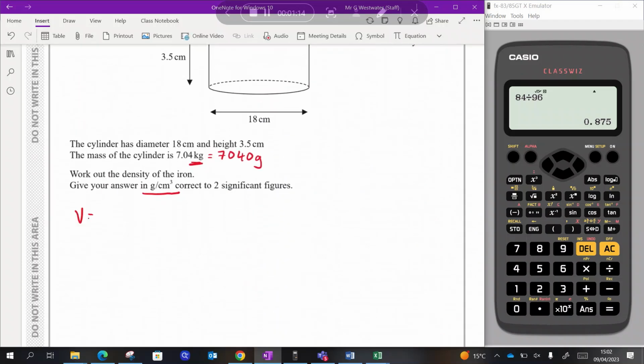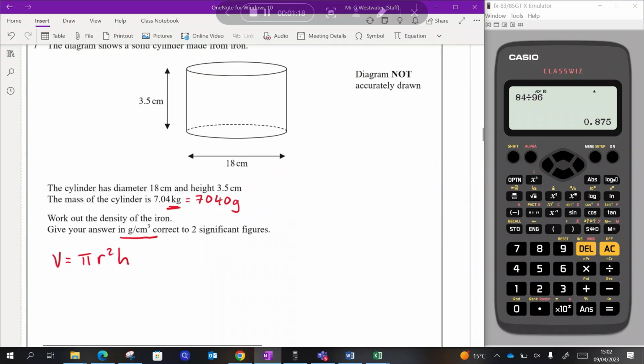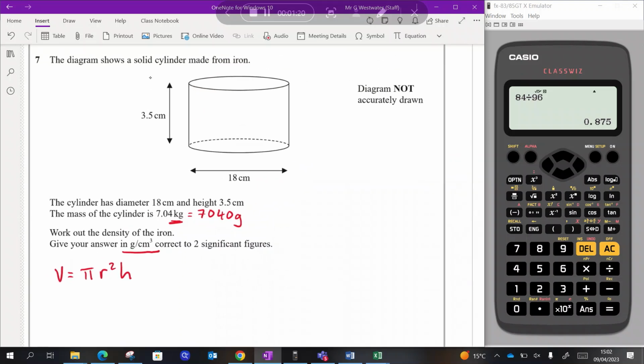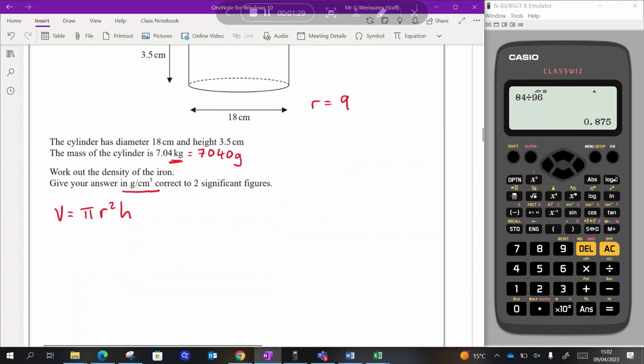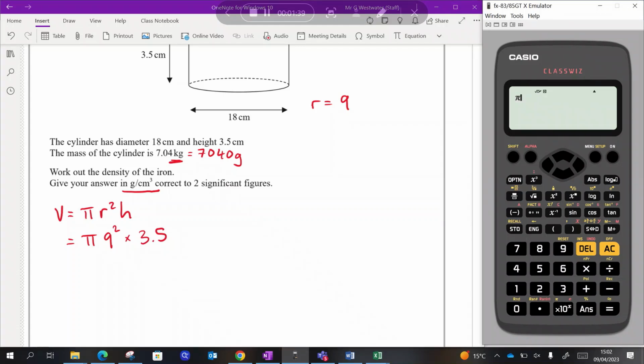Okay, so let's get back to this question. So we're saying the volume is pi times r squared times h. So I know what h is, it's this 3.5. Now here 18 is not the radius though, this is the full diameter. So my radius is 9, and therefore my volume is going to be pi times 9 squared times 3.5. And all I'm going to do is just chuck that into my calculator. So shift pi times 81 times 3.5,